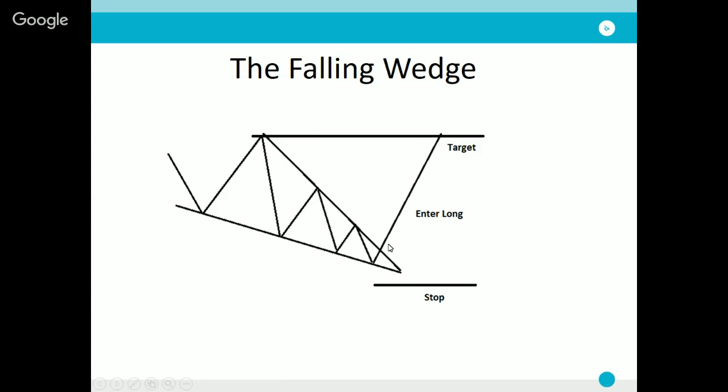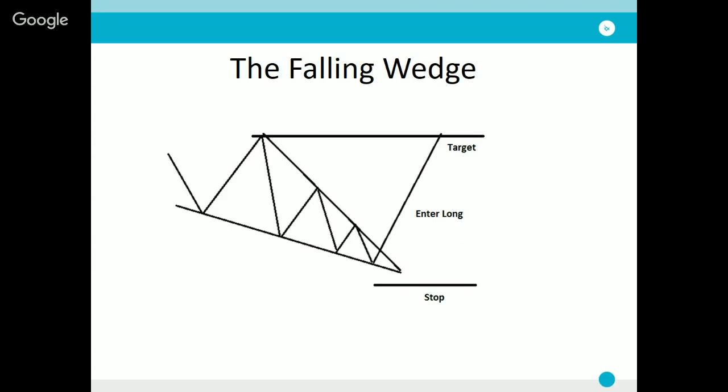So if you are going to enter on a pattern like that, you're just as well to hold and try to play for a move beyond the structure instead of simply targeting a move up into the top of the structure. So that is the bottom line of the pattern and the basic way in which we can trade it. Now,